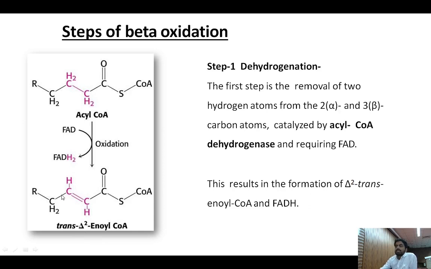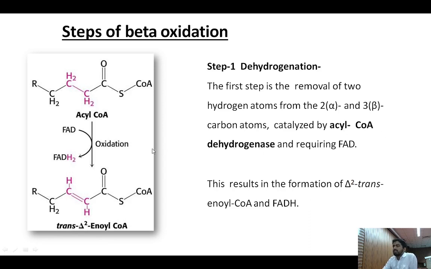Remember that. In enzymes you would have read the different classes of enzyme, and they would have told you. So these two hydrogen atoms are removed from the alpha and beta carbon, and it will form a double bond ultimately. So acyl coenzyme, which is activated fatty acid, gets oxidized by removal of two hydrogen atoms from alpha and beta carbon, forming trans-enoyl coenzyme. Even if you don't remember this, it's okay. From acyl coenzyme, trans-enoyl coenzyme is forming, which is known as oxidation. The enzyme involved is acyl coenzyme dehydrogenase.